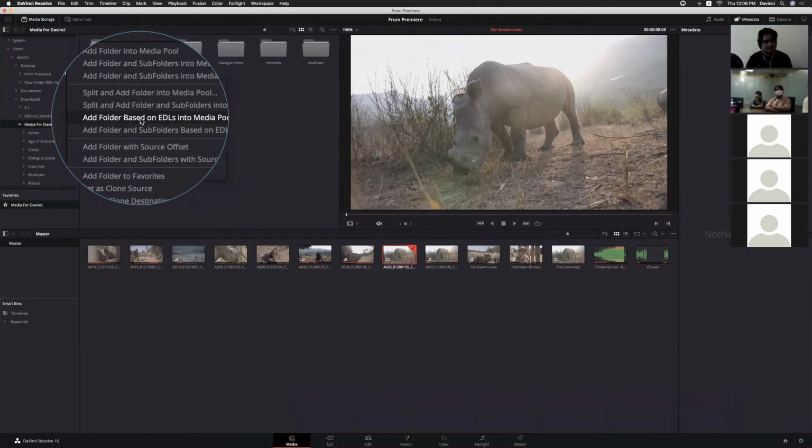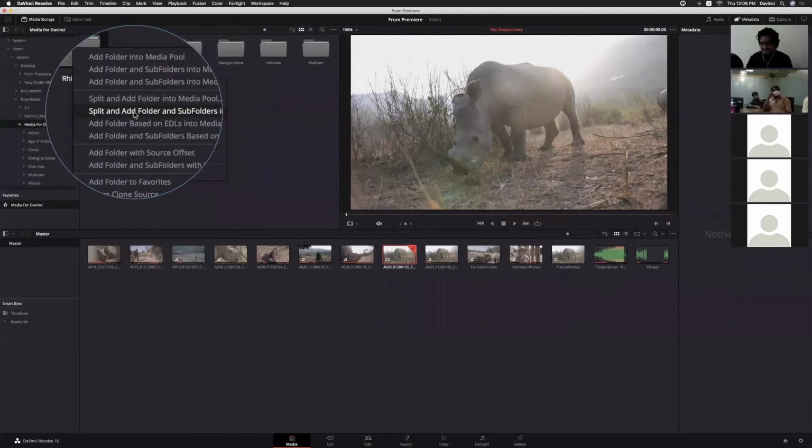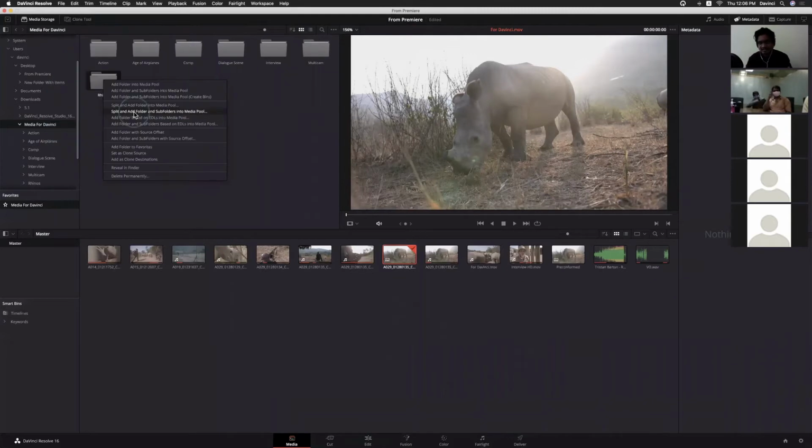And yeah, there is some advanced options also. If you have footage in different folders, different sources, and based on the pre-conformed EDL, it will automatically split the clip. And if you are working with XML, you don't need to add the clips before importing XML. While importing itself, it will ask you whether I have to search for the clips or not. That's up to you. If you want to do it manually, you just click cancel.